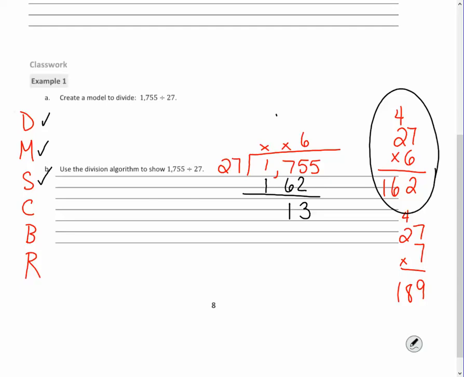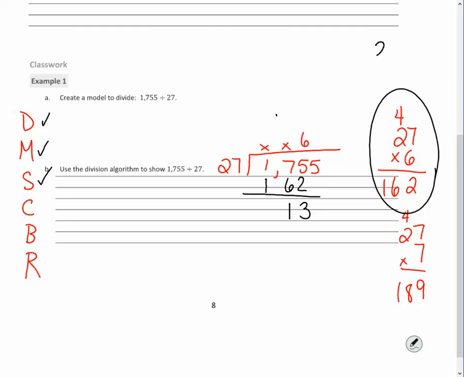So the next step is the check, all right? So this is where you take this number right here, this 13, and we're comparing it to 27. We want to make sure that this number is less than this number. So 13 is less than 27. So we're good. The reason we do that is because if we ended up, let's say, only going 5 times,